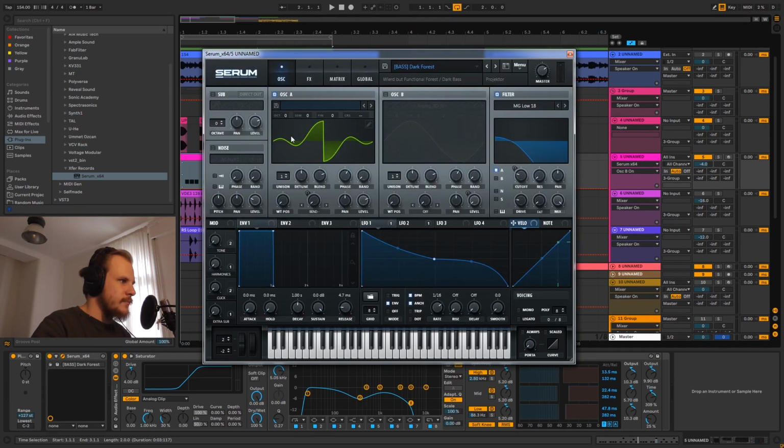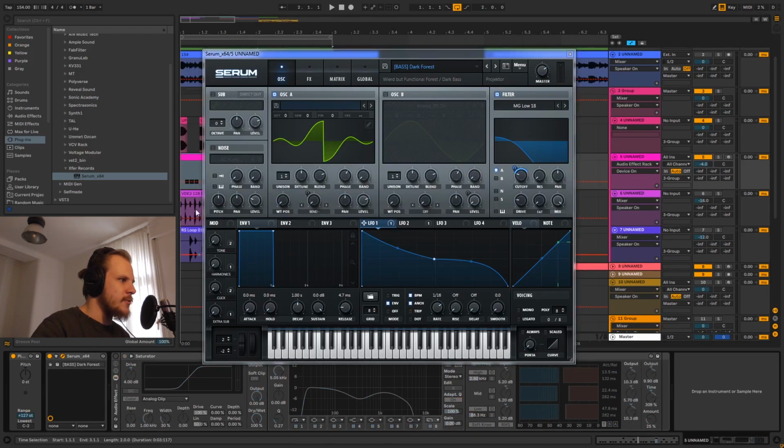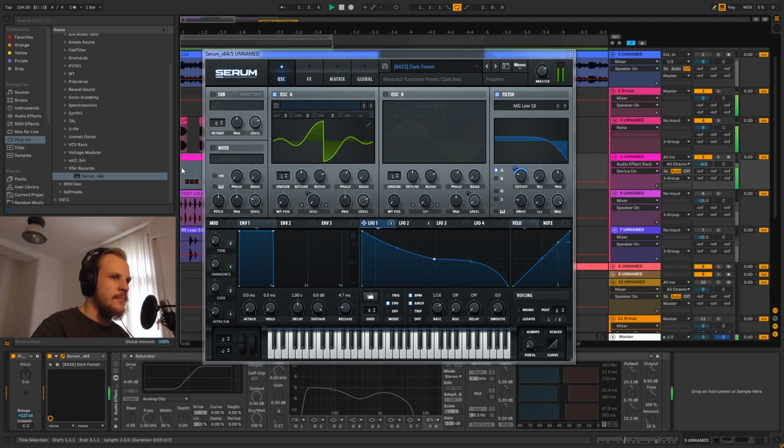And so that's the first thing that's happening, and then it's going through the filter. Now the filter is just being modulated by a single LFO here. This is the shape for it if you want to copy that. And that's the main sound, and without any processing, just this oscillator going through the filter, it sounds like this. So it's already fairly close. You have that feeling of that higher harmonic already sitting there,